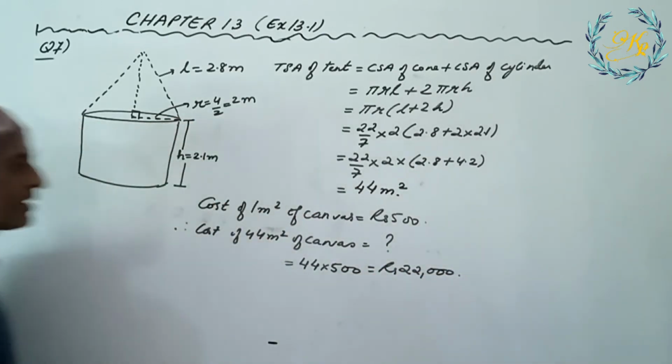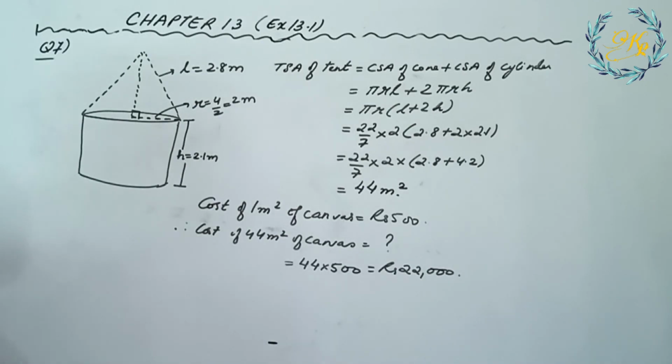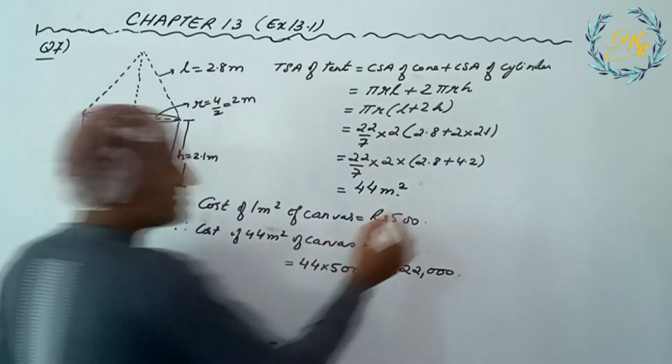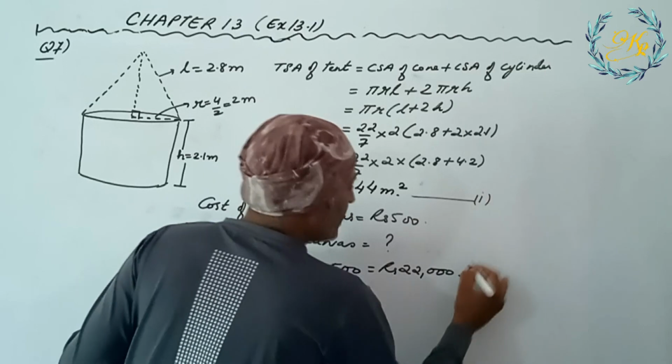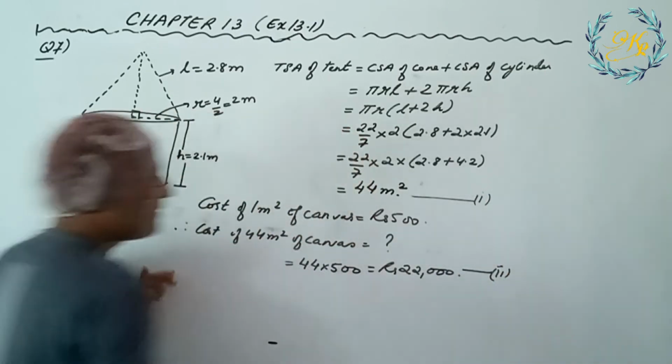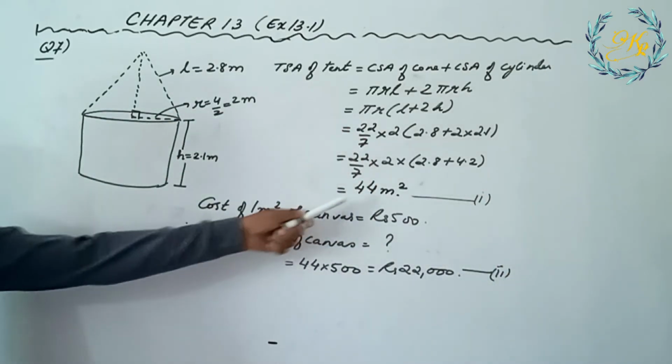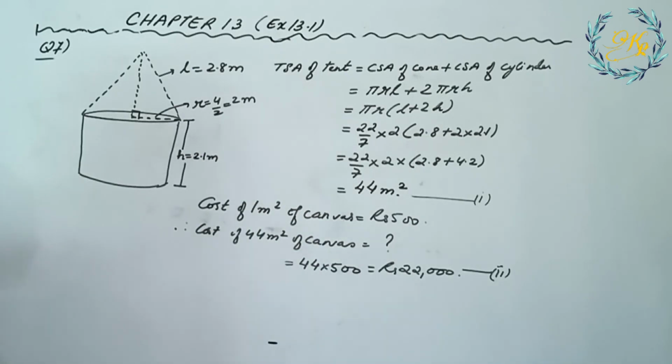22,000. In the last line, you write the statement as, see, you have got two answers out here. So you have two statements here in this answer. First of all, with this, you will write that the area of the canvas used for making the tent is 44 meters